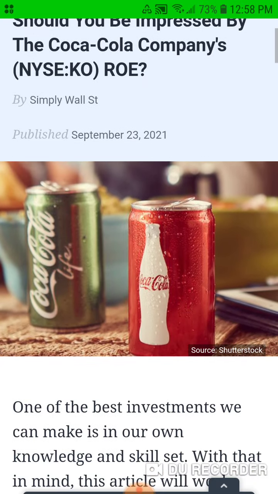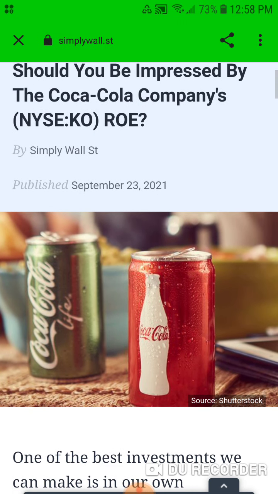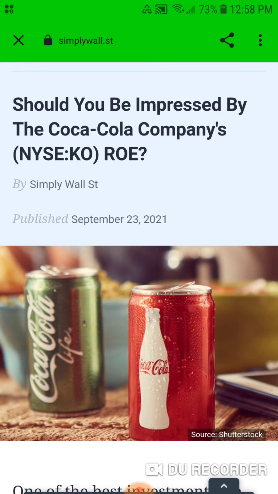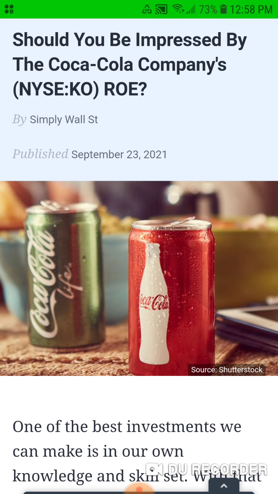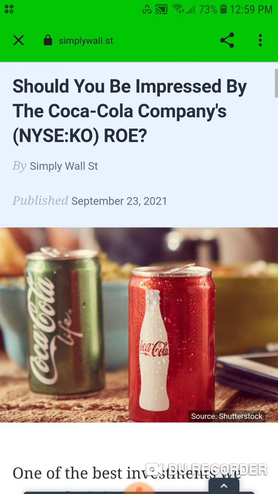Funny enough, Buffett's rule is he likes to generate more than $1 for every dollar retained. So Coca-Cola is far below what he normally would go for, but he's held the stock for so long. I don't think that matters. It probably was returning that when he bought it, but he's held it for like 60 years, or 40 years or something crazy. So the return on equity for Coca-Cola is above the industry average.